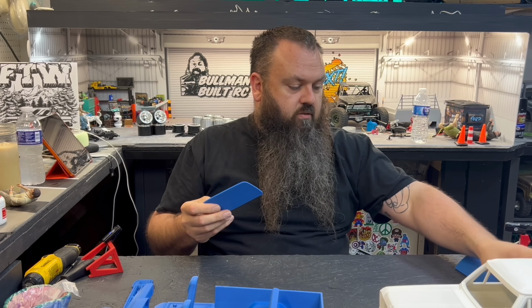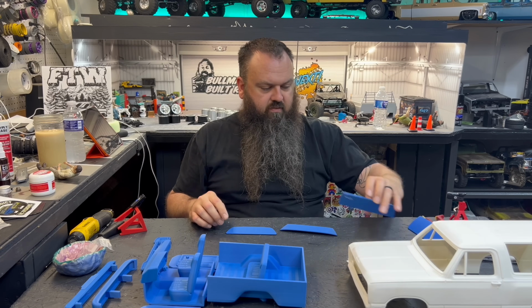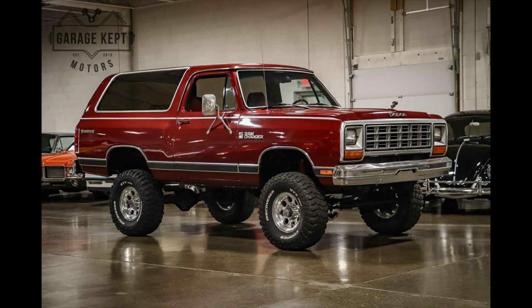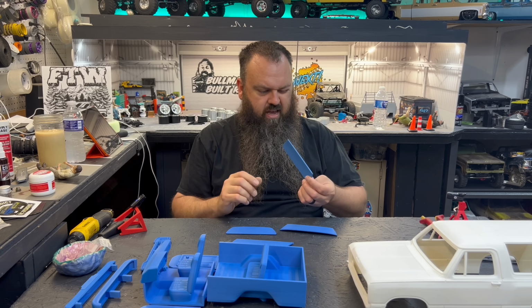I got the window templates, which is super convenient because I was really worried about these rear windows, because if you don't know, the Ramcharger window is not flat. It kind of rolls up into the peak of the roof and then stops. So I was kind of worried about how to do all that, which it's still going to be a pain